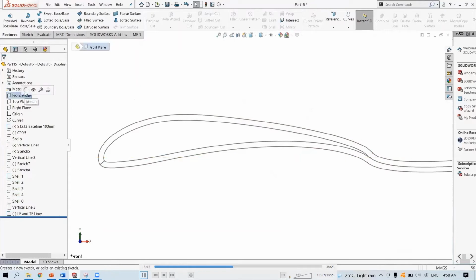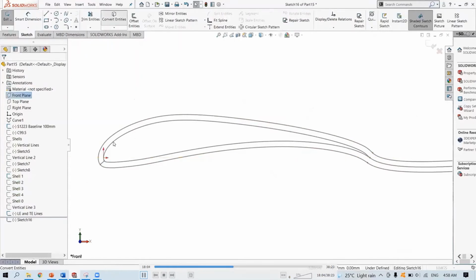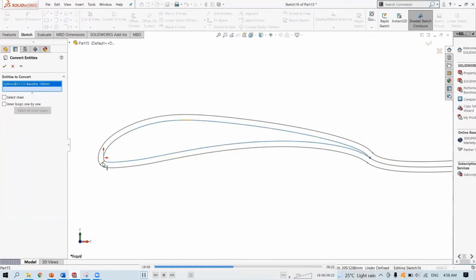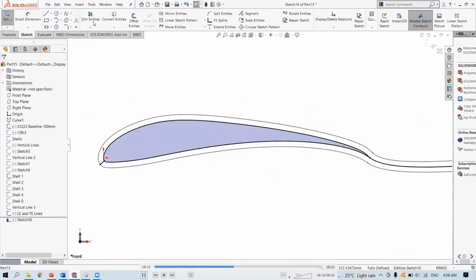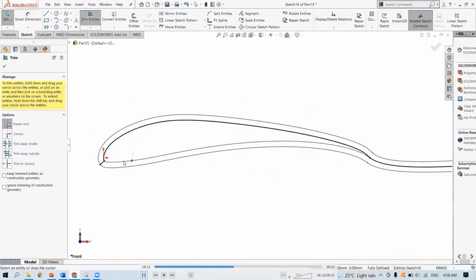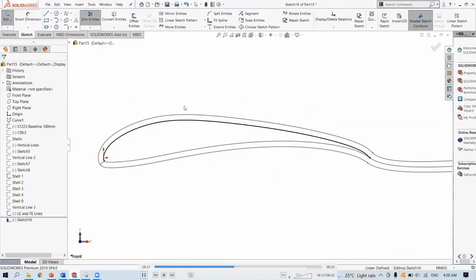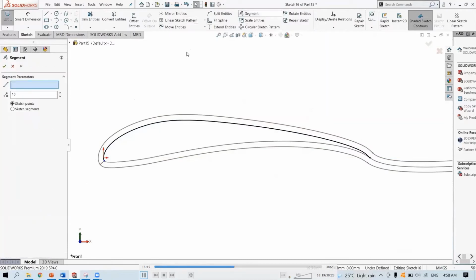Front plane, convert entities, select the airfoil as well as the two lines. Now I can just trim the lower surface and have only the upper surface. Okay. Now I'm gonna draw dots on the airfoil on the upper surface, maybe say 20.